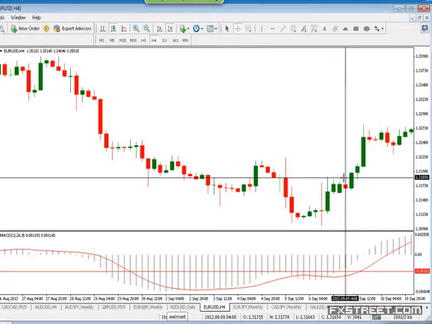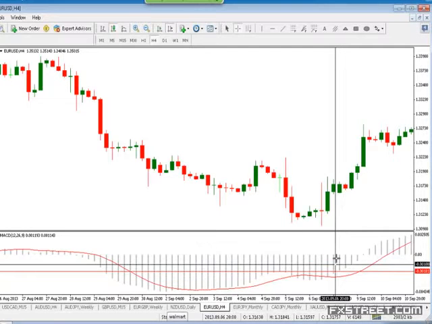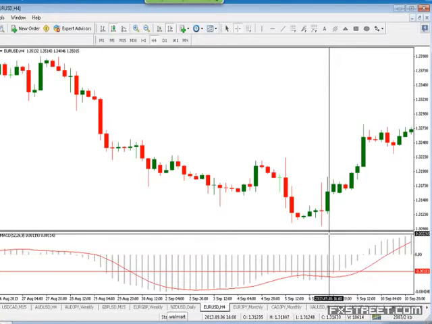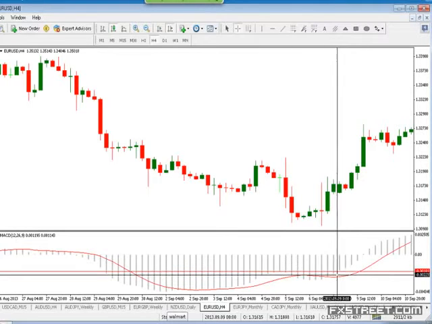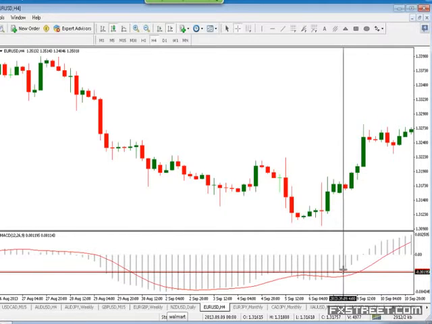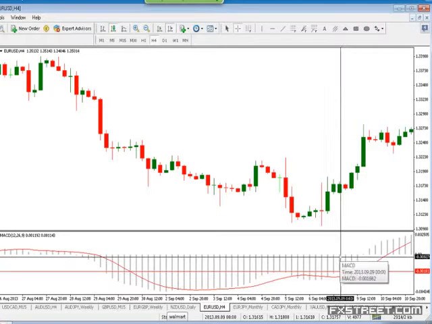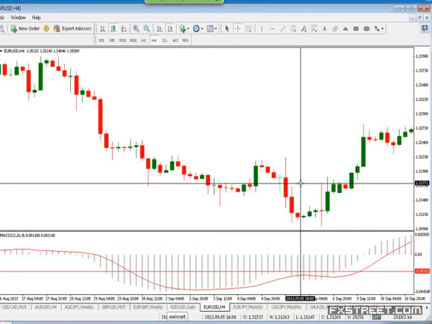I look for the first histogram bar which has clearly formed above this particular line. Completely formed above this particular line. Now, if you look at this particular bar, the histogram bar is still within this line or below this line. Now, this particular histogram bar forms completely above this line. So it's only at the close of this particular bar, when I get the close of this histogram bar, that I have a very strong confirmation that we are indeed looking at a change of trend. Let me put it this way: we're looking at a shift of momentum.